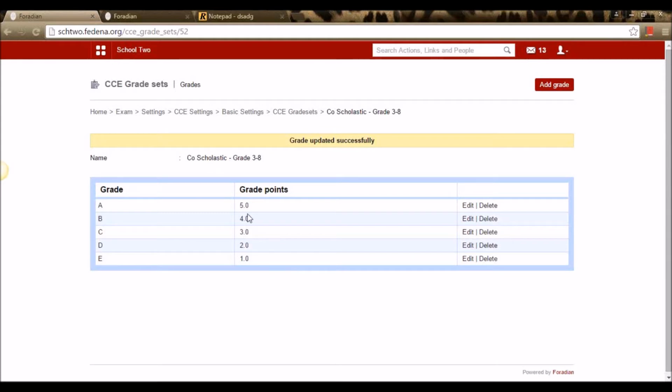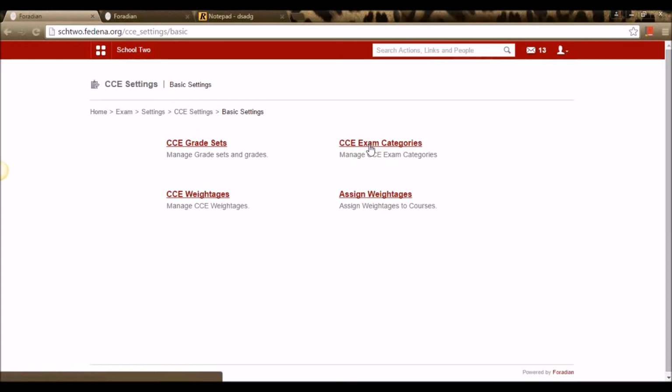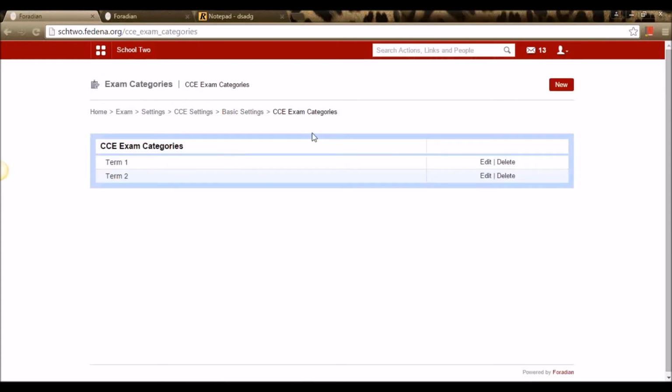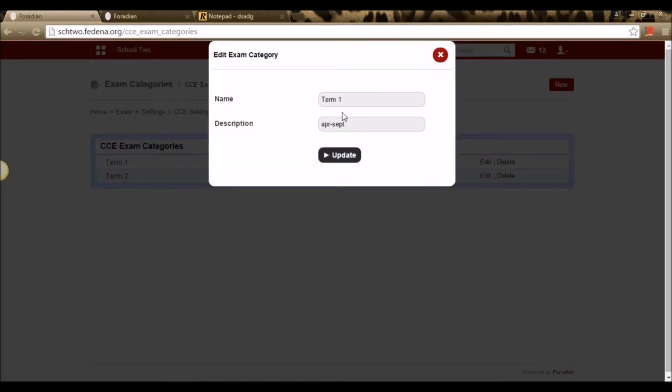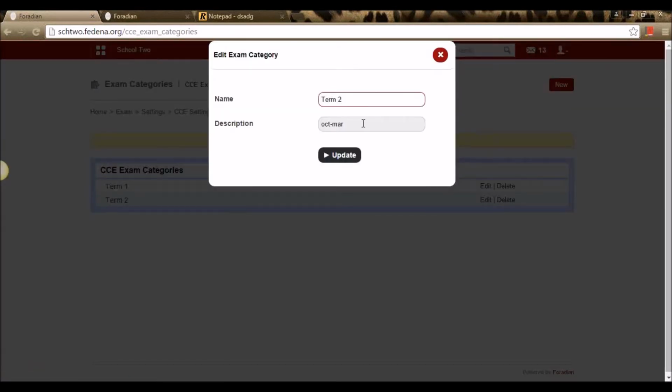We can do this for grades 1 to 5 and move to CC exam category. According to CC exam categories, there need to be 2 exams, say term 1 and term 2. We need to create every term, like term 1 and term 2, give it a description of the time span and update it. Similarly, we need to do the same for term 2 and give a description.